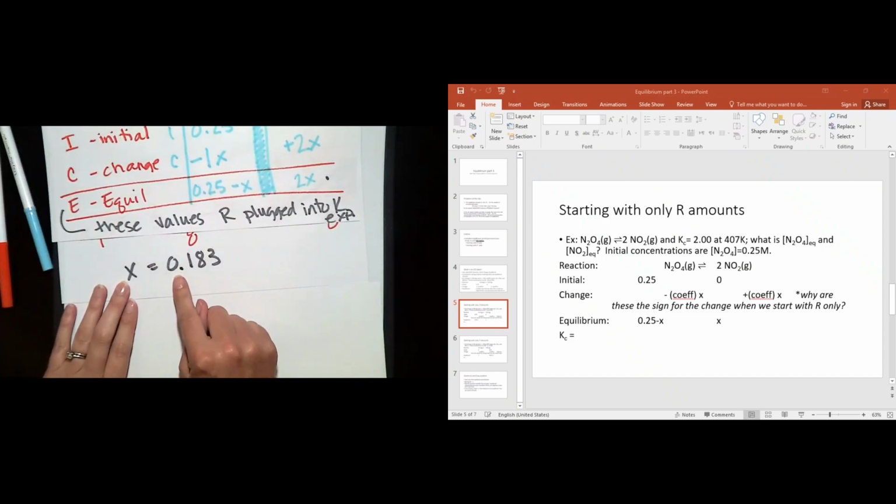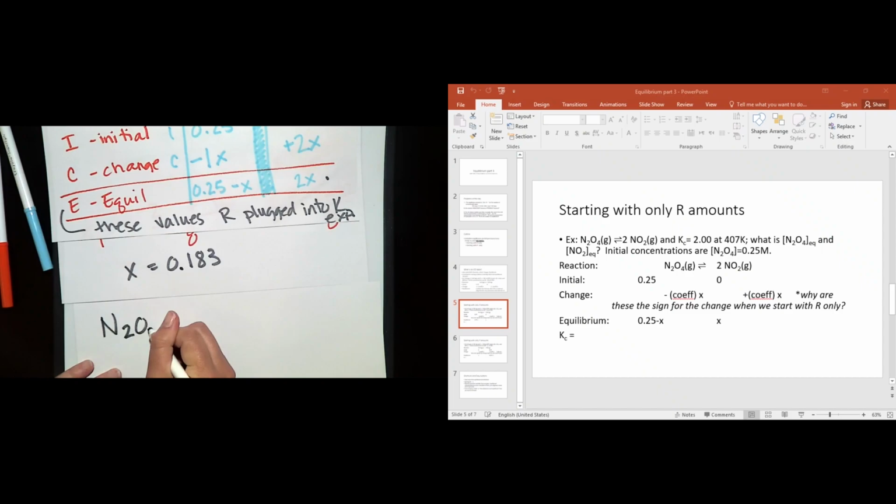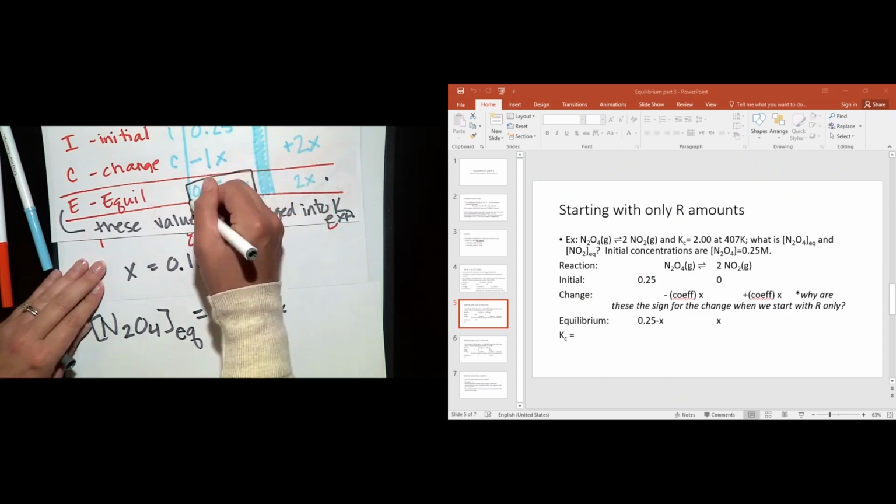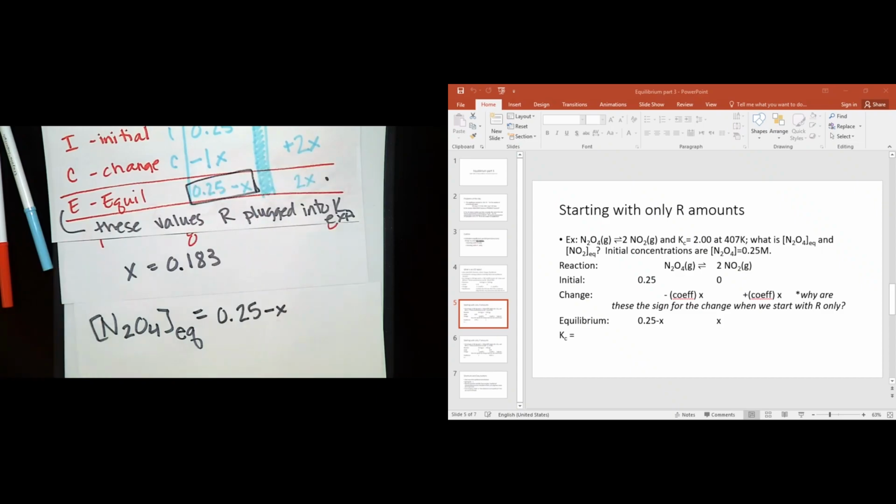Is this my answer? No. I'm asked, what are the equilibrium concentrations? The equilibrium concentration of N2O4, I'm going to write a little EQ as a subscript, meaning at equilibrium, and the brackets mean specifically molarity. This is equal to whatever I wrote on that line. In this reaction, it's 0.25 minus x. Well, I solve for x. So I just plug in x. So 0.25 minus